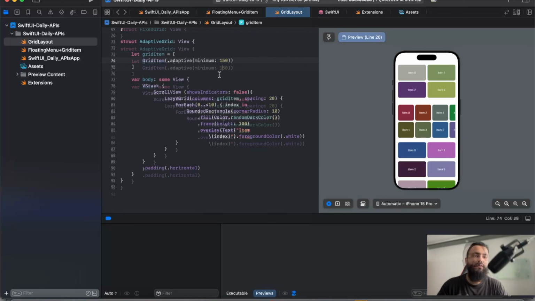So this was it, where we learned about LazyVGrid, LazyHGrid, and we looked at the 3 sizes of grid layout: